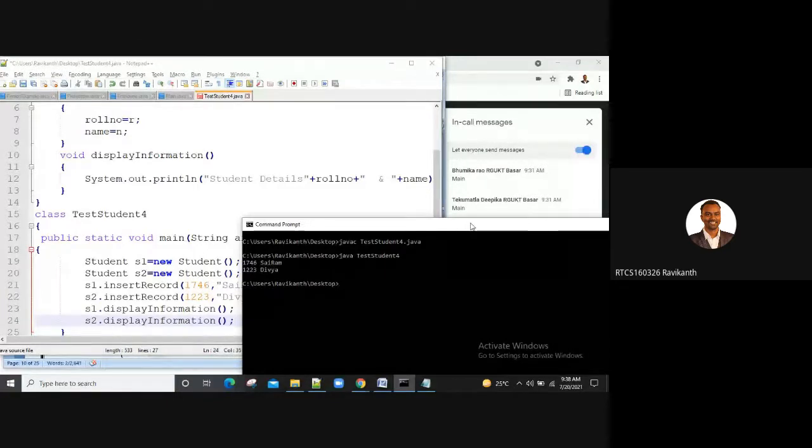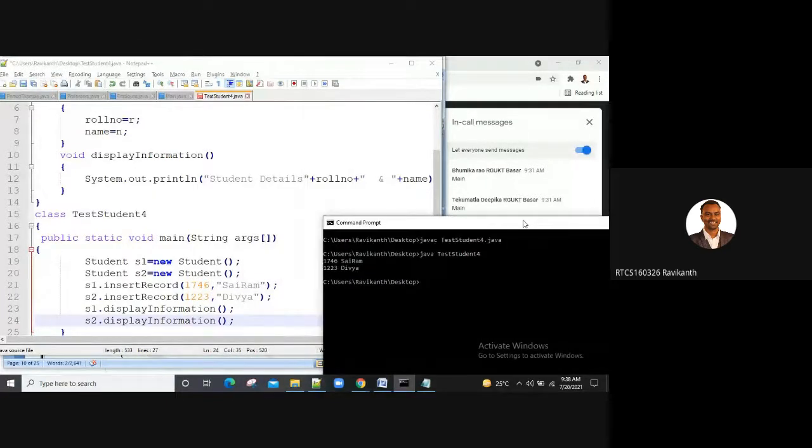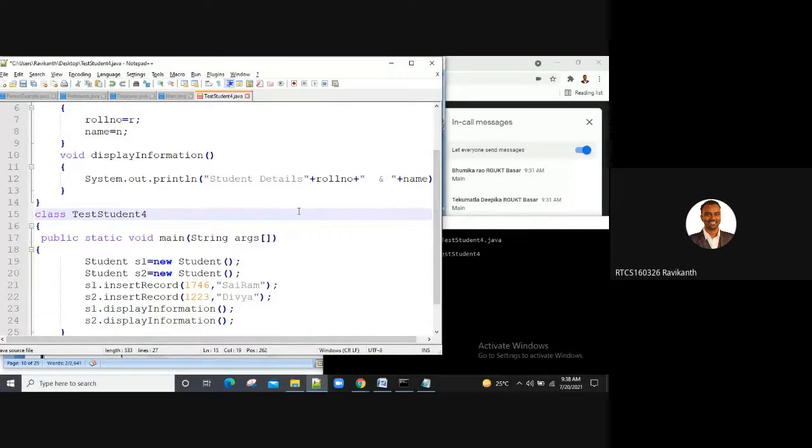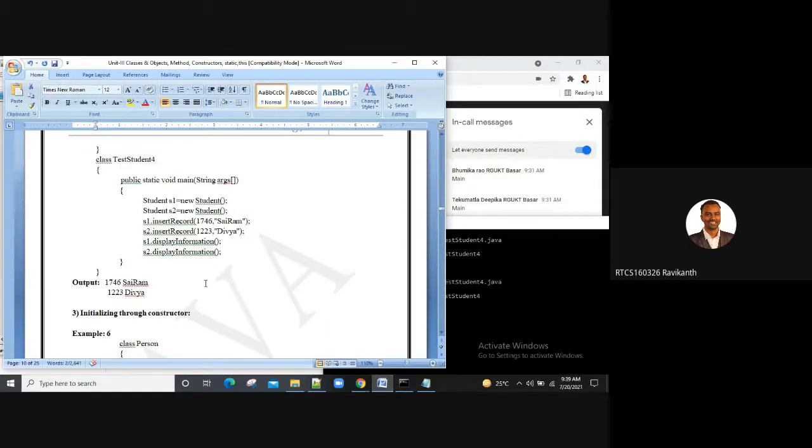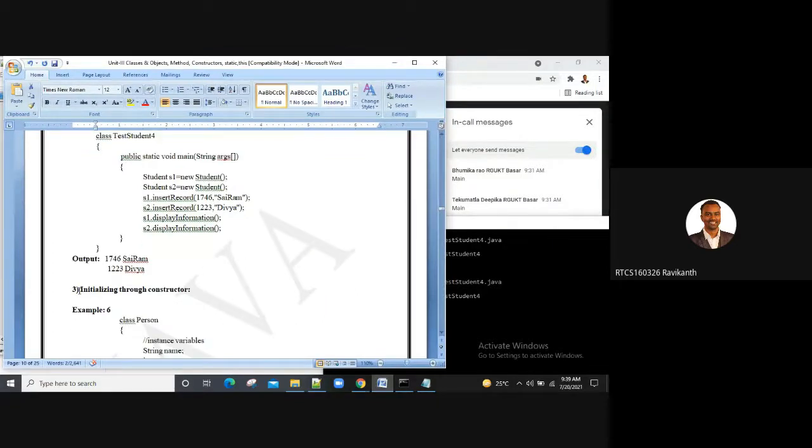I think I have not saved this. Yes. Second way. Coming to the third way, initializing through constructor.